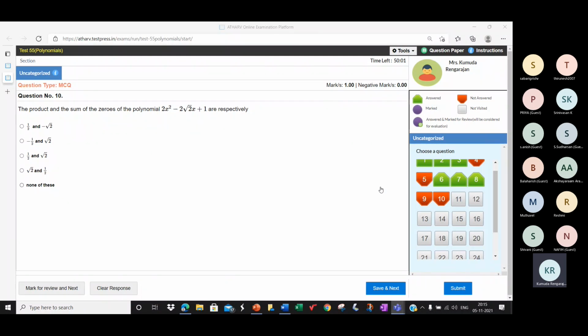What are the values of A, B, and C? Root 1 by 2. A, what's the value of A? 2 root 2, ma'am. B, minus 2 root 2. And C? 1. Okay, fine. Yeah, work this one. If alpha and 1 by alpha are the zeros of this polynomial, then the value of K is. Please do this.